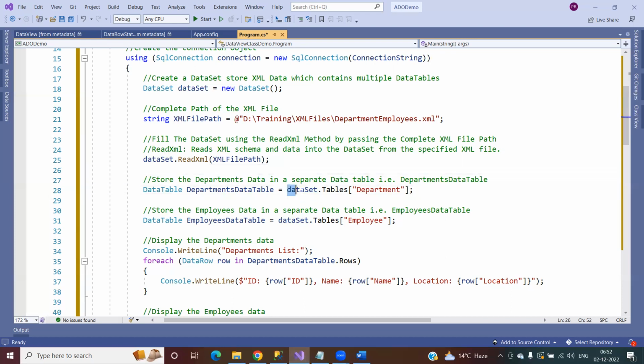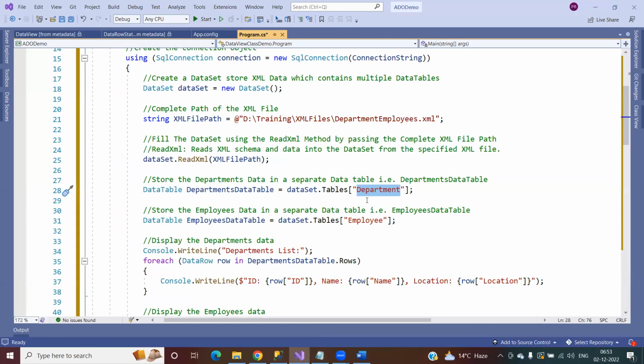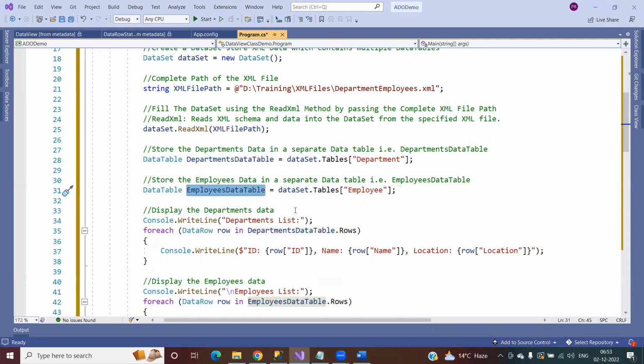So you can access the department data table from the dataset by using the name department, or you can also access it by using the index position 0. Here I'm just accessing the department data table and storing it inside the department's data table. Here I'm accessing the employee data table and storing it inside the